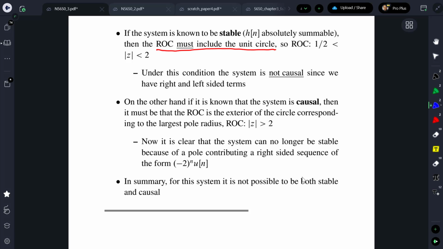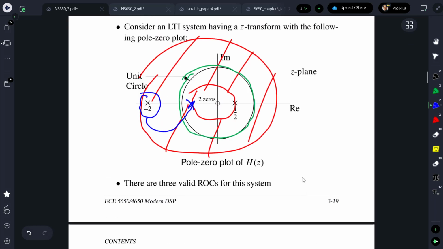So the second bullet here says if the system is causal, then the ROC must be the exterior, so it's this system here, because now both sequences are going to be right-sided and can be designed to be nonzero at n greater than or equal to 0. But now it's no longer going to be stable because we're going to have a minus 2 to the n u of n term from that pole that's outside the unit circle. It's just going to be blowing up, and we can't build that system. So the blue line there, putting it inside, is the only option we'd have to implement it, but